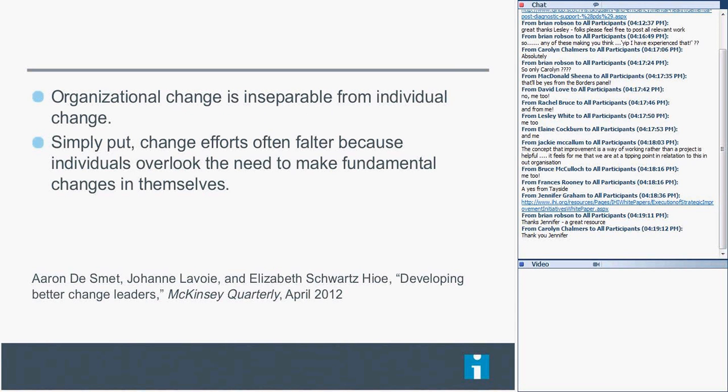A group of folks at the McKinsey Quarterly looked at what are some of the changes that leadership needs to take on, and it's things like, how do I view change in the organization? How do I foster improvement? How do I train people? How do I coach people? How do I open doors and make the opportunity so that people can improve? All little things that the leader himself, the middle managers themselves, and the frontline people have to face.